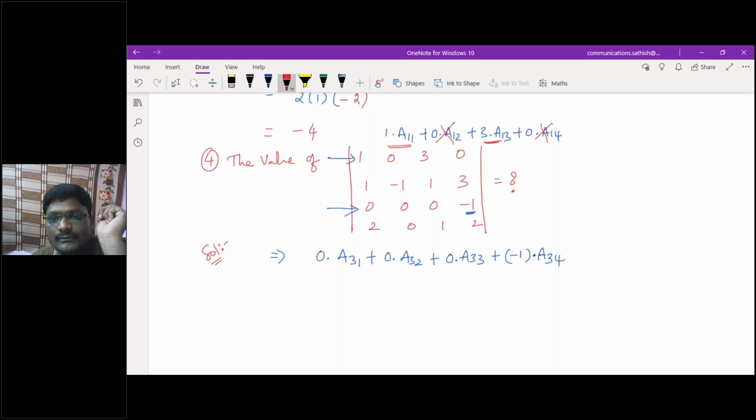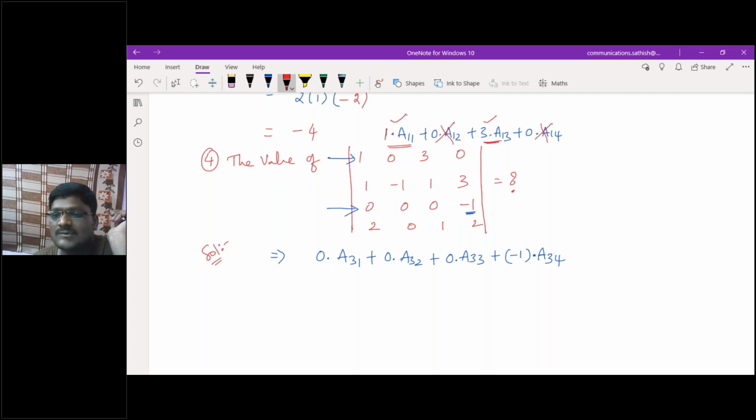Sir, that means the first row and the second column and fourth column will be cancelled and the remaining elements we want to find, sir. Yes, while calculating A11, individually you have to calculate, and for this one also individually you have to calculate. For A11, what will you do? You will eliminate this column and this row. Am I correct?